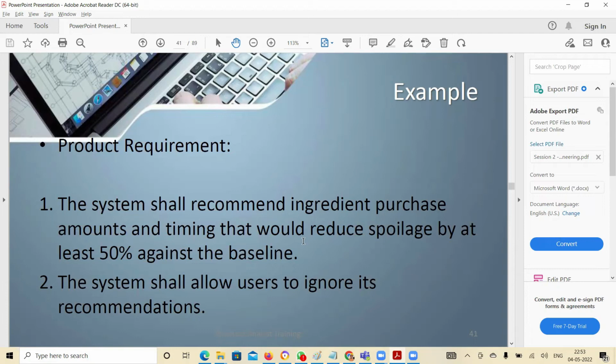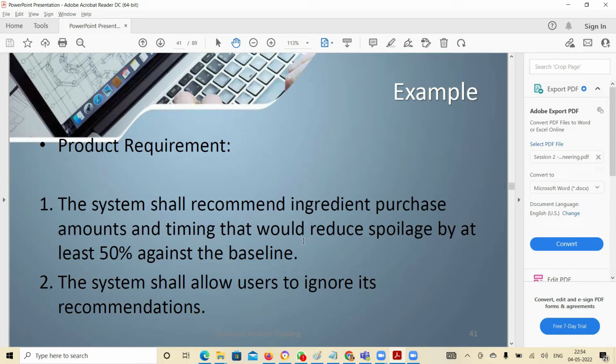So the system will say buy curd today and maybe buy just 5 pounds. Don't buy 8 pounds or 10 pounds. So when you follow the system recommendation, you will be able to save 50% of the wastage.